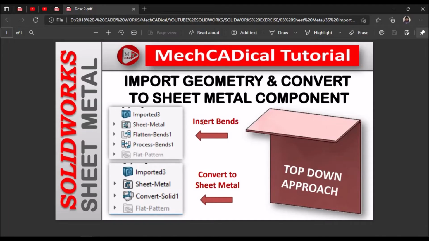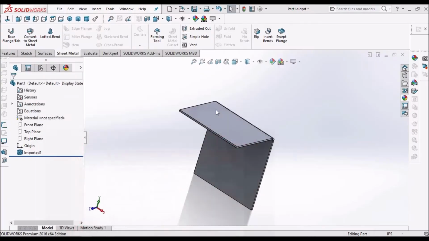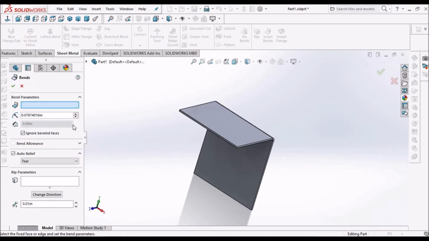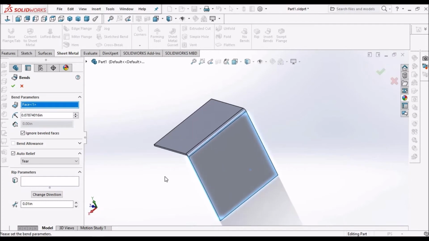The other method is inserting bends. So go to insert bend, select this face, say OK.